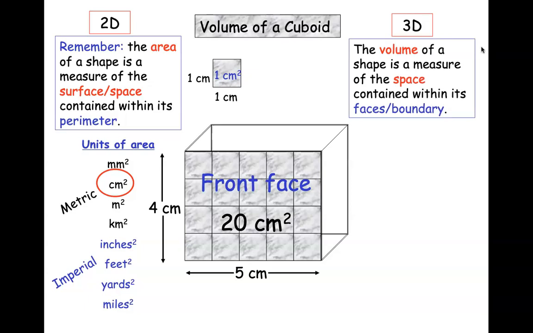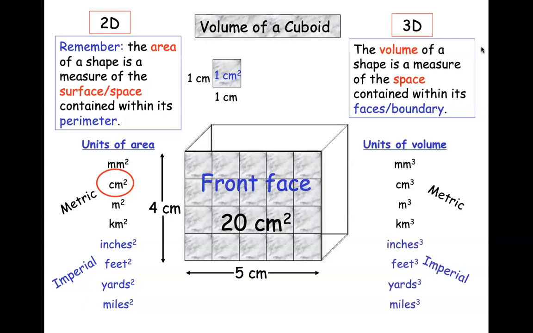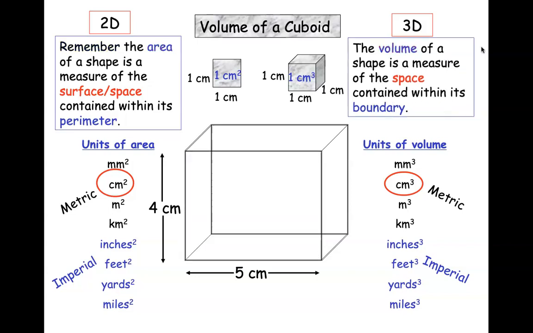Then volume of a shape is the amount of space contained within a particular object. Okay, so how much can you put into a box or a cube or a container or a bottle? That is your volume, and that is measured in cubes. And it's indicated by the exponent 3 next to the measurement of unit. So millimeter cubed, centimeter cubed, etc. And it's cubed because we are multiplying 3 dimensions together, which is your length, your width, and your height, or length, breadth, height. Okay, so there you can see 1 times 1 times 1 gives me 1 centimeter cubed,